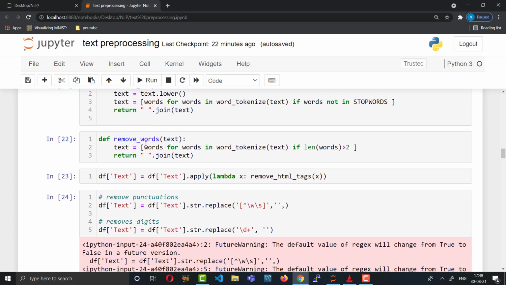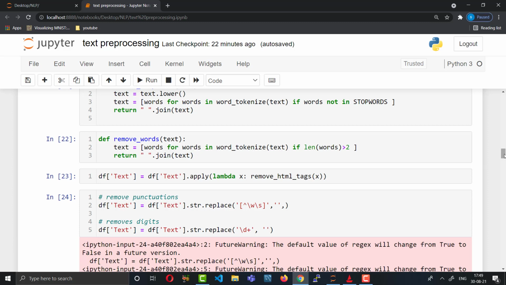And how will we remove short words? Some words have a length of two, like suppose the word is "ma". "Ma" is not in the stop word list, and words of length two don't hold any meaningful results. I have seen many such cases, so for that reason I use this function. I remove those words whose length is 2.